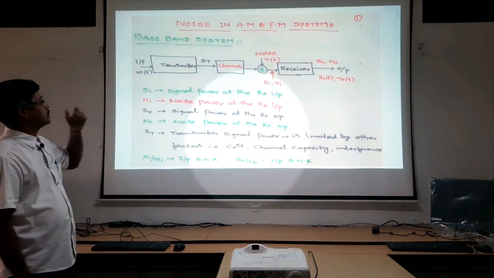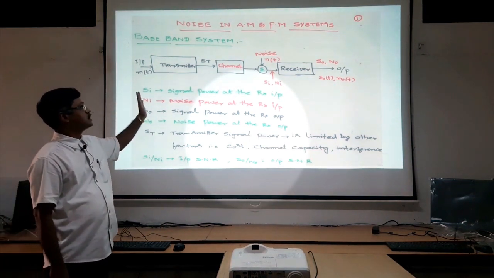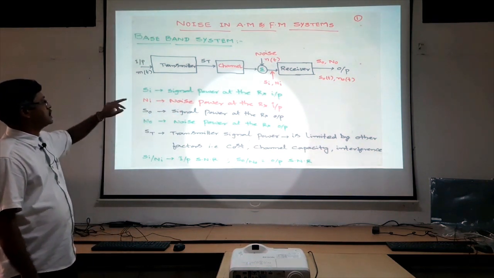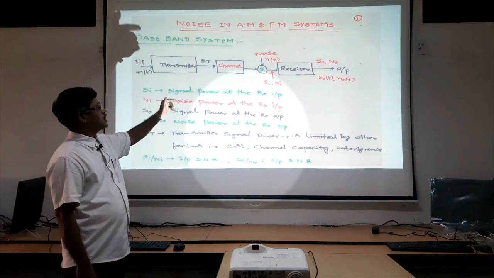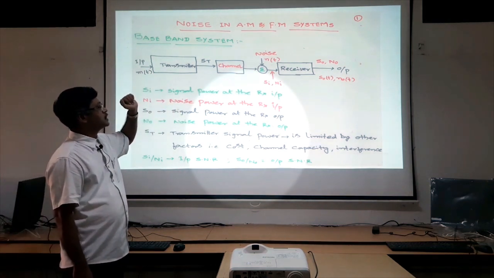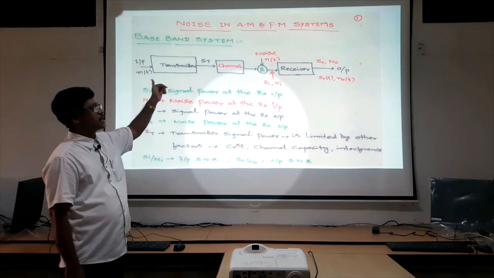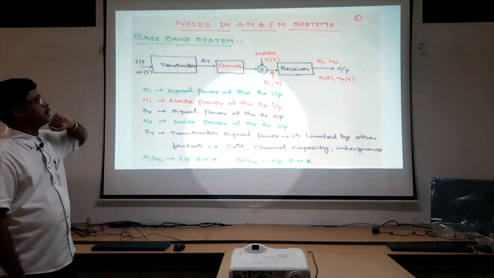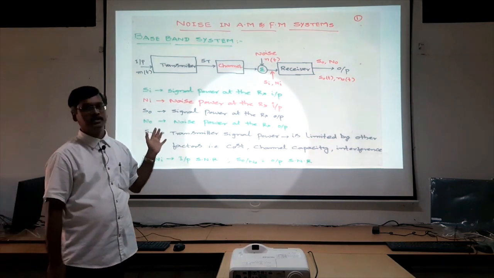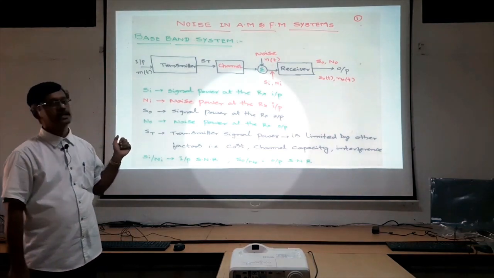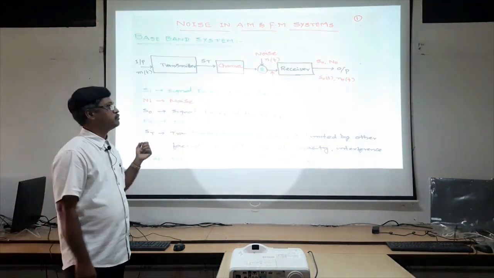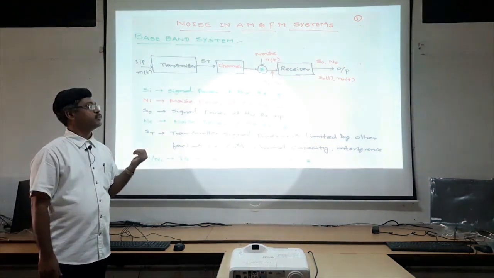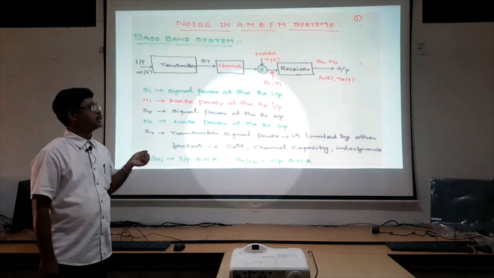So let us focus on the baseband system, which has the transmitter, the communication media channel, and the receiver system. The receiver has both the incoming modulated signal as the receiving signal, and also external noise, which we can call n_w(t), white noise or Gaussian noise. Now, the performance of the communication system is basically defined in terms of the signal to noise ratio, because it is one of the important parameters to define the quality of the communication system, where we can define the quality in terms of the selectivity or fidelity.